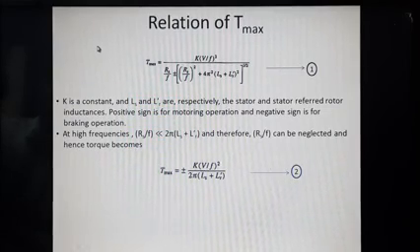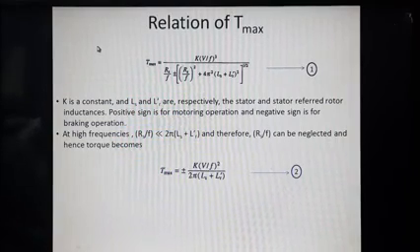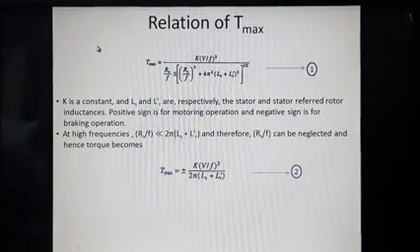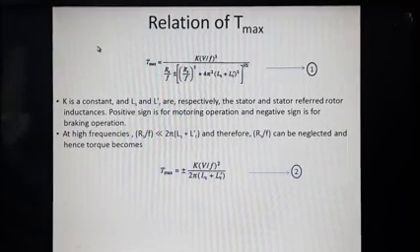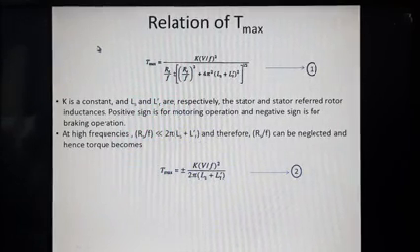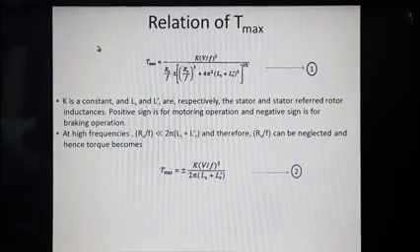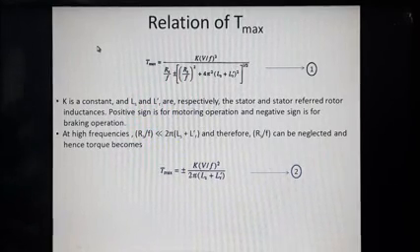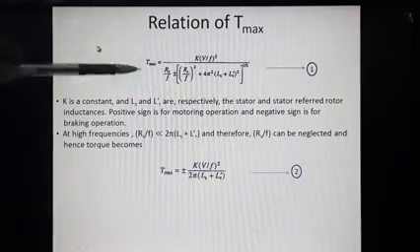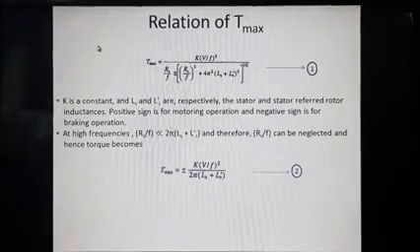Otherwise, what will happen is, when you are trying to reduce the frequency from base frequency to a very small value, that is, reducing the speed to a very small value, the Rs by F term becomes very large and the denominator as a whole becomes very large. Then the value of Tmax will get reduced rather than the usual Tmax constant values. So in order to make the Tmax value a constant one, you have to increase the numerator term. That is, the V by F term has to be increased.